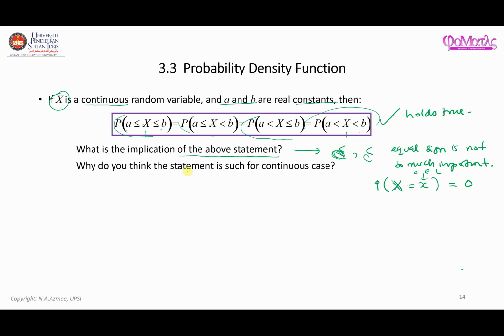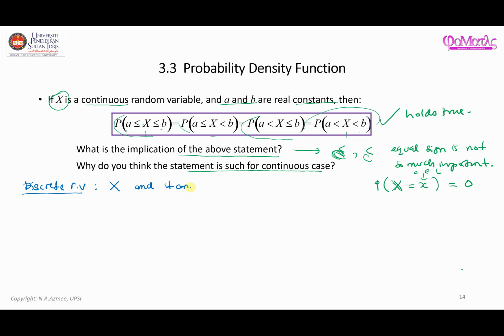Why do you think the statement is such for continuous case? Now, in order to perhaps explain that, let me just try to compare two different cases. The first one is when we talk about discrete random variable. Okay, so let's say we have x is a discrete random variable, and it can take